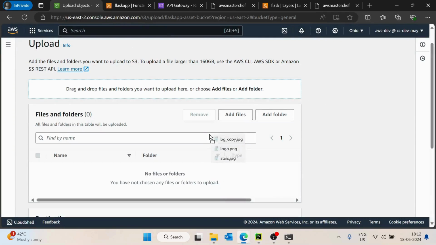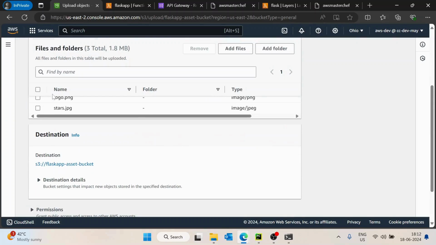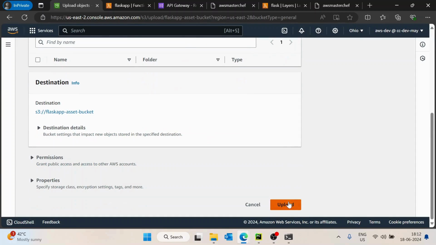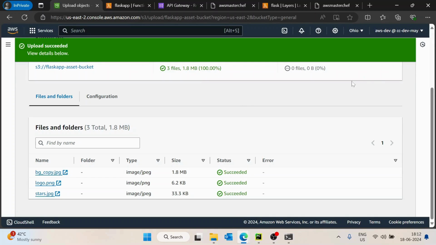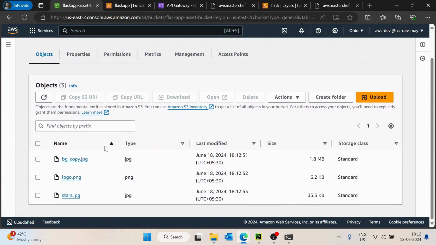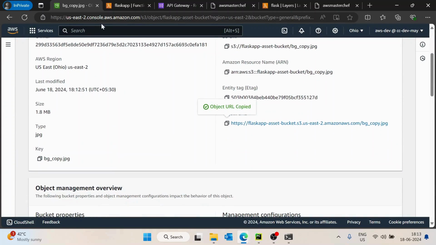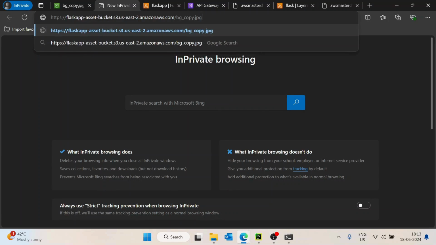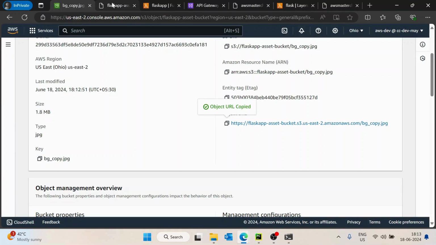Not sure why it is not supporting the drag and drop feature. So now here you can see I am uploading all three files. Yeah, so now those three files are uploaded successfully, but as of now, if I try to access those files with this object URL, I would not be able to access it. The reason being, as of now this is a private bucket,